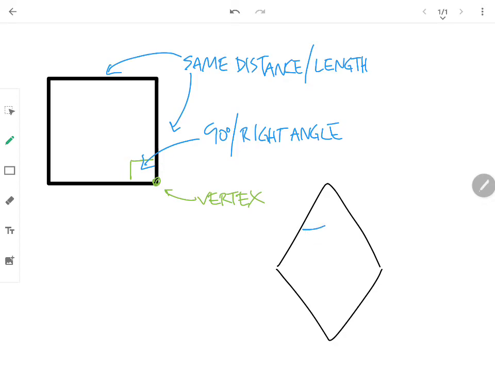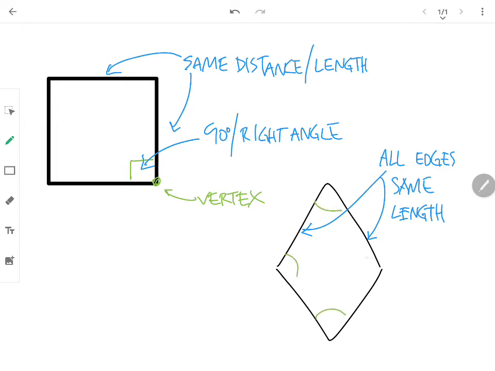So this edge and all four edges, really, all edges are the same length. But the angles that are formed by the edges that form the shape, this angle here, this angle here, this angle and this angle,